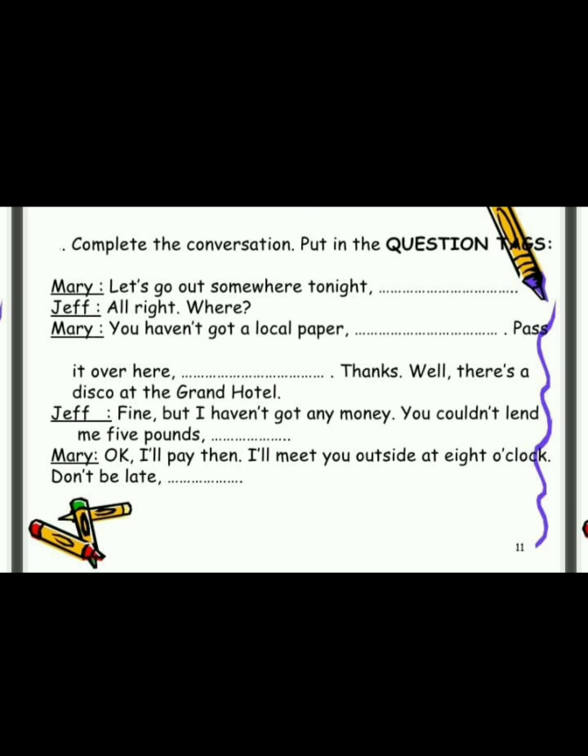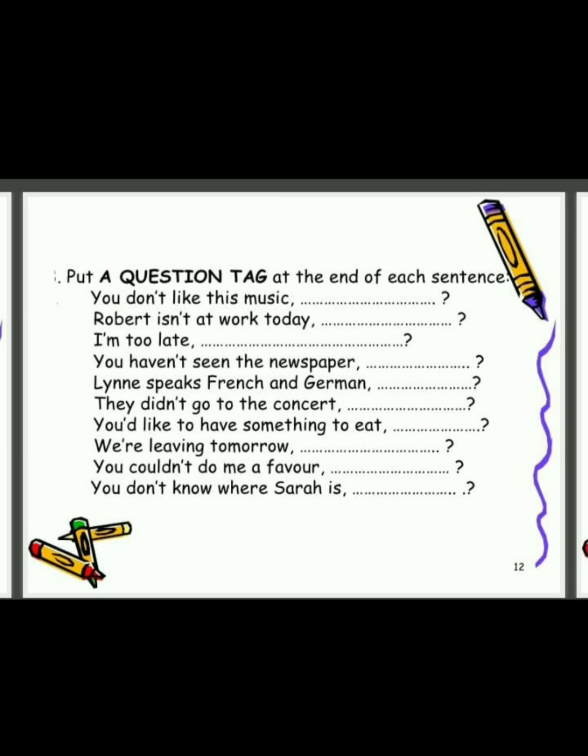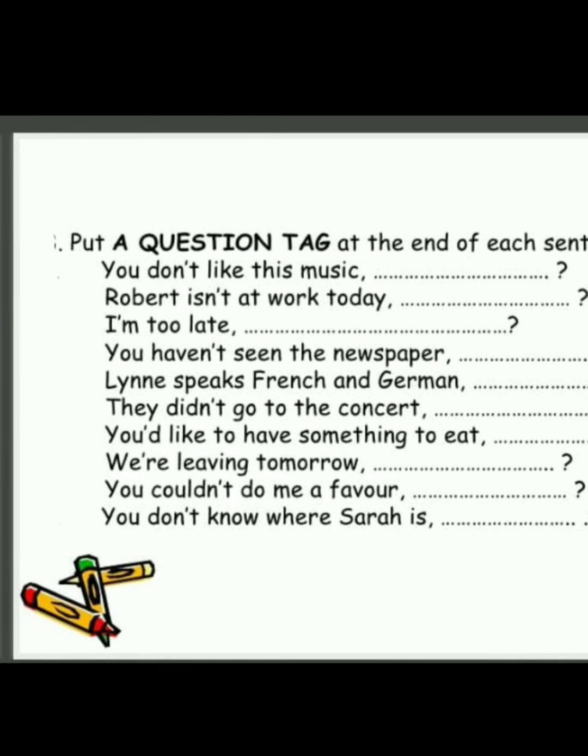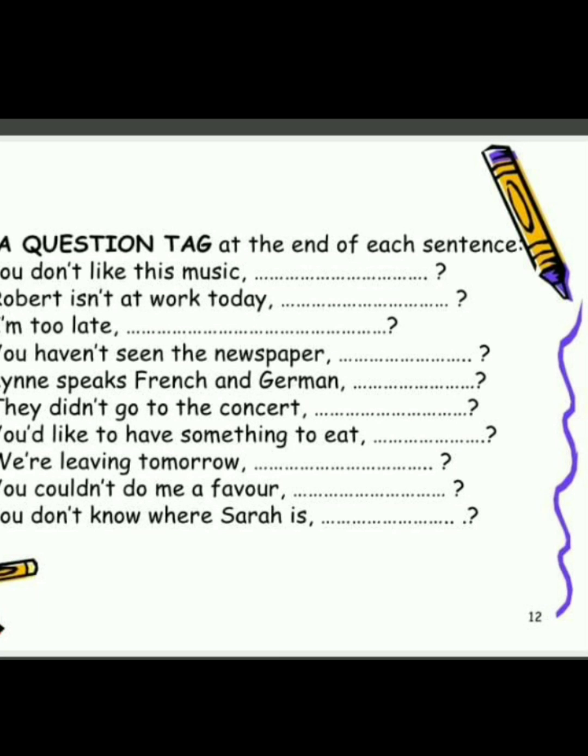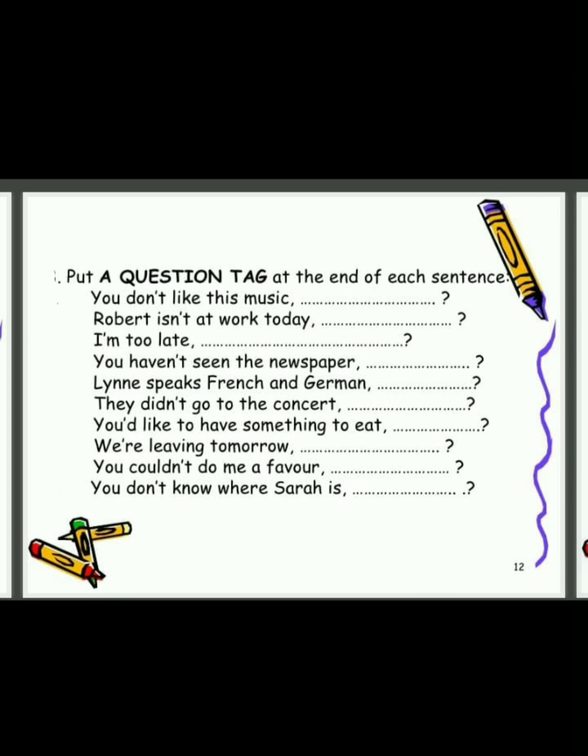Complete the conversation. Put in the question tags again. You have to put the question tag there. Again, you have to put a question tag at the end of each sentence. First you have to go through the rules. Otherwise you're likely to go wrong, children. So, that was about what?